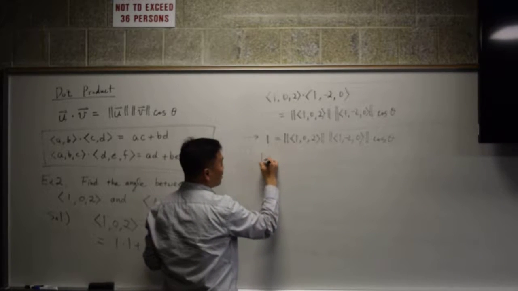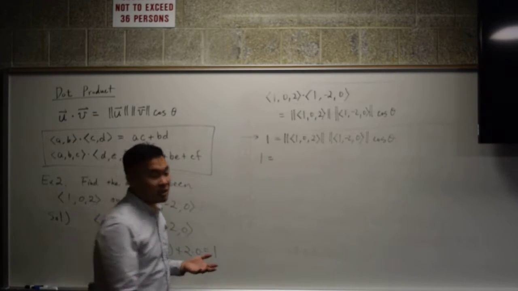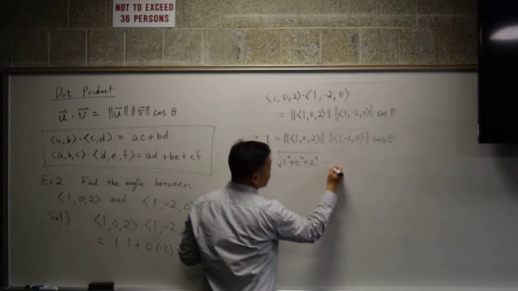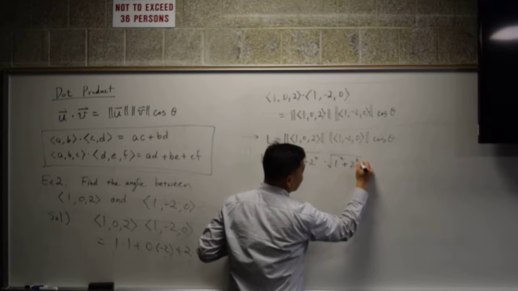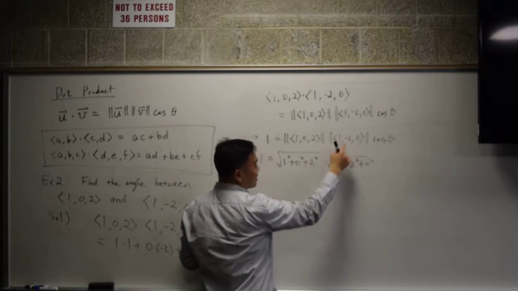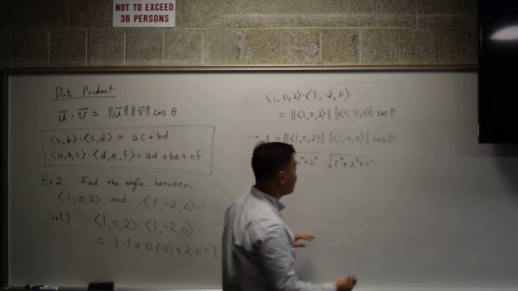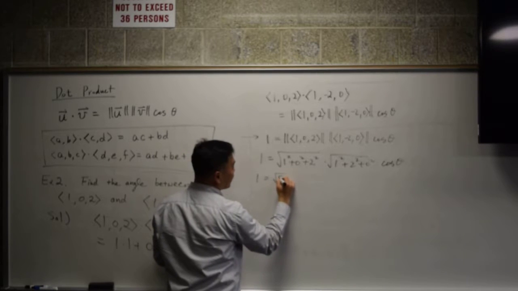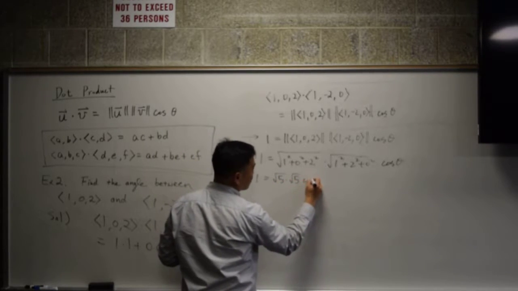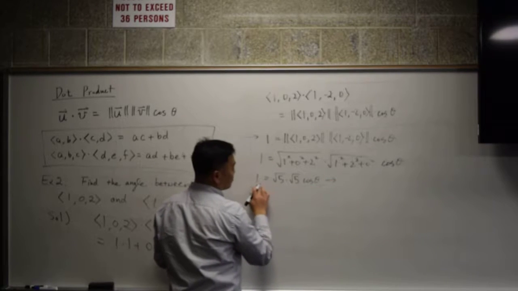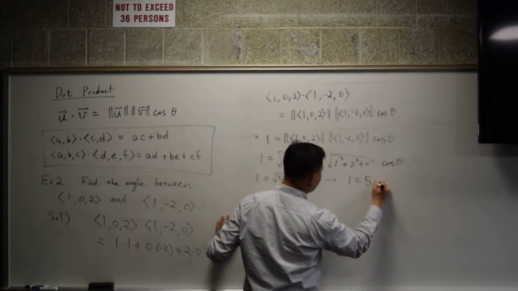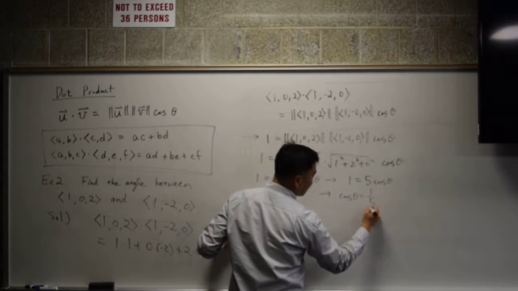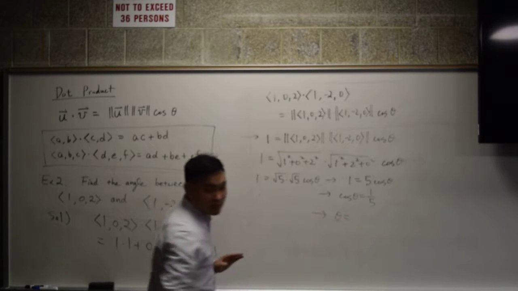How do you calculate the norm in 3D? Same thing. It's the square root of 1 squared plus 0 squared plus 2 squared, times the square root of 1 squared plus 2 squared plus 0 squared. I'm omitting the negative because if you square the negative, it's positive. Cosine of the angle between. So 1 is equal to square root of 5 times square root of 5 times cosine of the angle between. That gives you that 1 is equal to 5 cosine theta, which says that cosine theta is equal to 1/5. Therefore, theta is